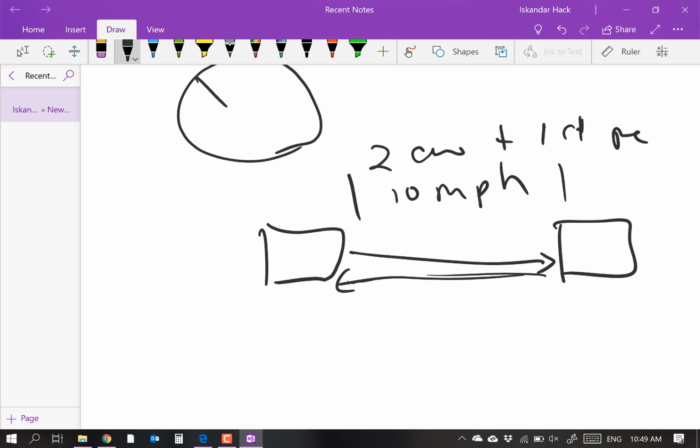But the whole idea is that at 60 miles an hour, which is roughly 100 kilometers an hour, 62 miles an hour, up there. So you're looking at roughly 100 kilometers an hour. If this guy stopped all of a sudden, you have time to stop before you hit the back